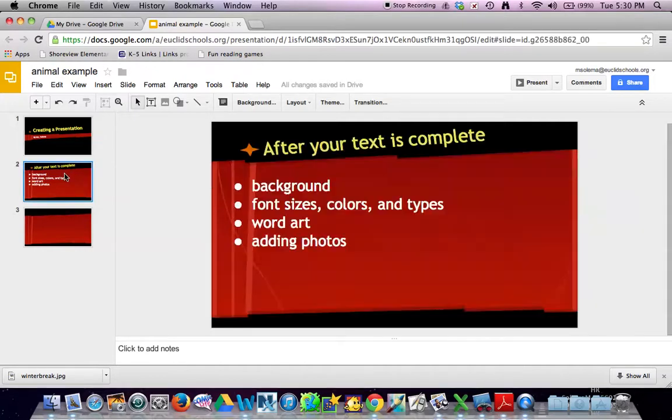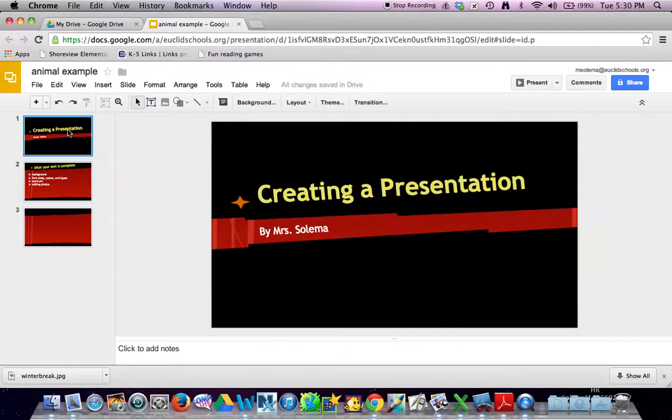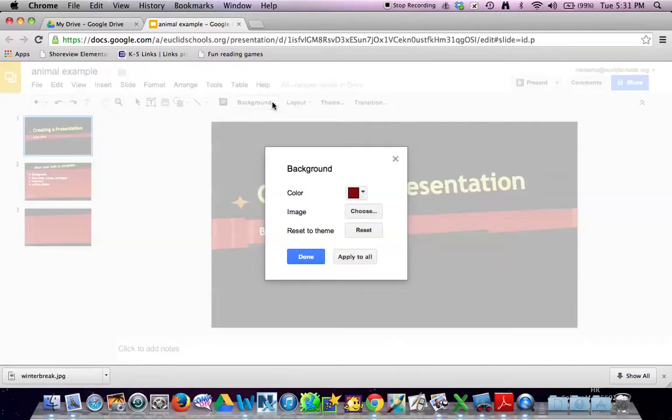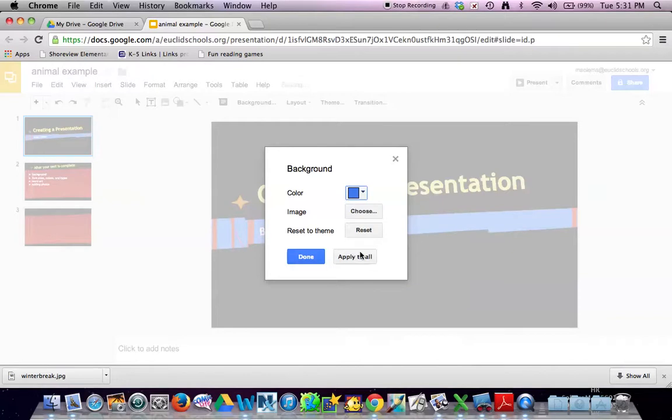And you'll see that it tailors it to be a little bit different for the slides that follow your title slide. You can also go to this background button here to change the background, and you can select it to just be a single color if you'd like. Choose whether you want it to be applied to just one slide or whether you'd like it applied to all slides. Now I can see from the background that it's not going to change everything, so I'm going to go ahead and reset